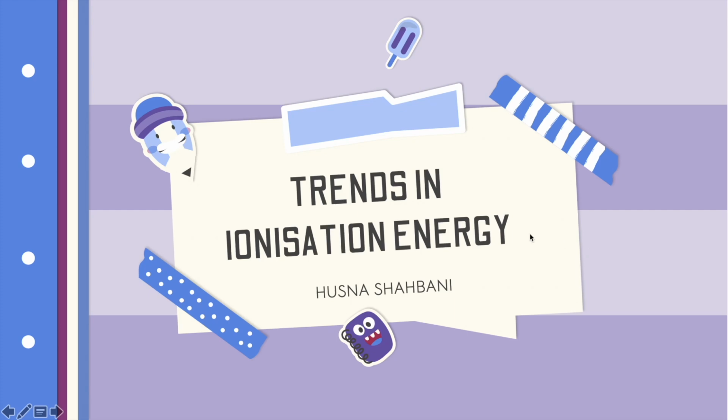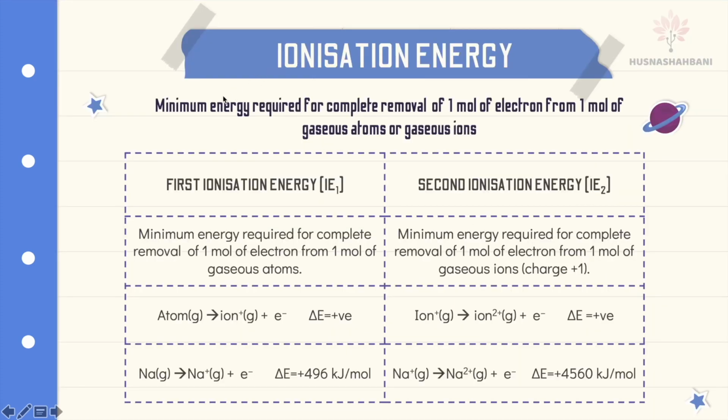Trends in ionization energy. The general definition of ionization energy is the minimum energy required for complete removal of one mole of electrons, not one electron only, from one mole of gaseous atoms or gaseous ions. This is the general definition, so you don't know whether it's from atoms or ions, and both must be in the gaseous state. The specific definition: first ionization energy, minimum energy required for complete removal of one mole of electrons from one